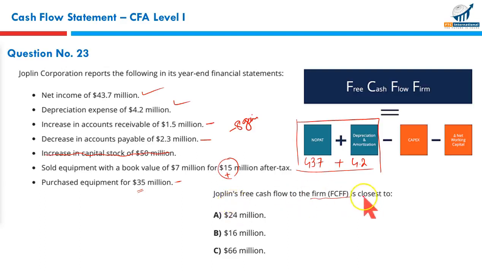16.1. So we need the one closest to 16 million. 16.1 we have, and it's 16 million. So remember, I have done these things. Starting from net income, to this I have added depreciation, adjusted for capital expenditures. These are the two items of capital expenditure, and then I made some working capital adjustments, which is to be added, which is to be deducted.